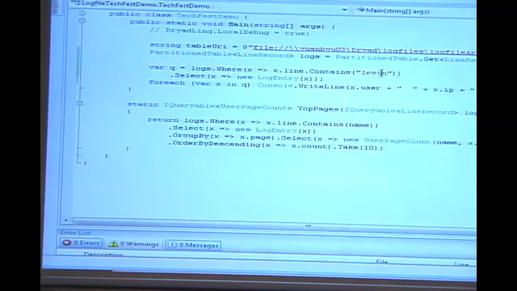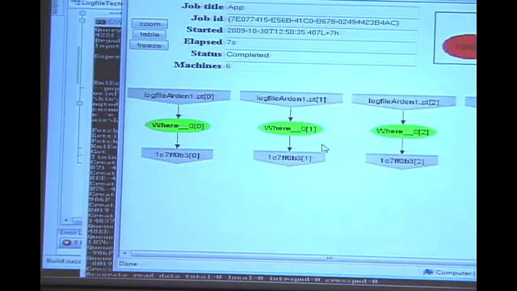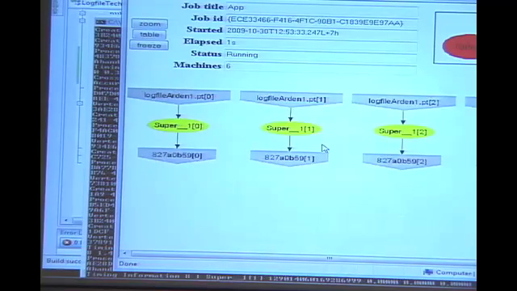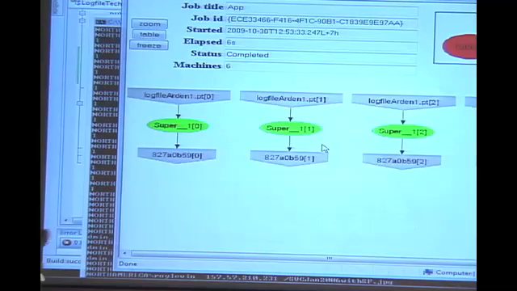OK, so this is my program. I'll compile it and run it. So the execution is shipped there, and it's being executed. But this time, because the filter and the transformation can be pipelined together, it creates a super vertex that is executing the where and select as a pipeline.